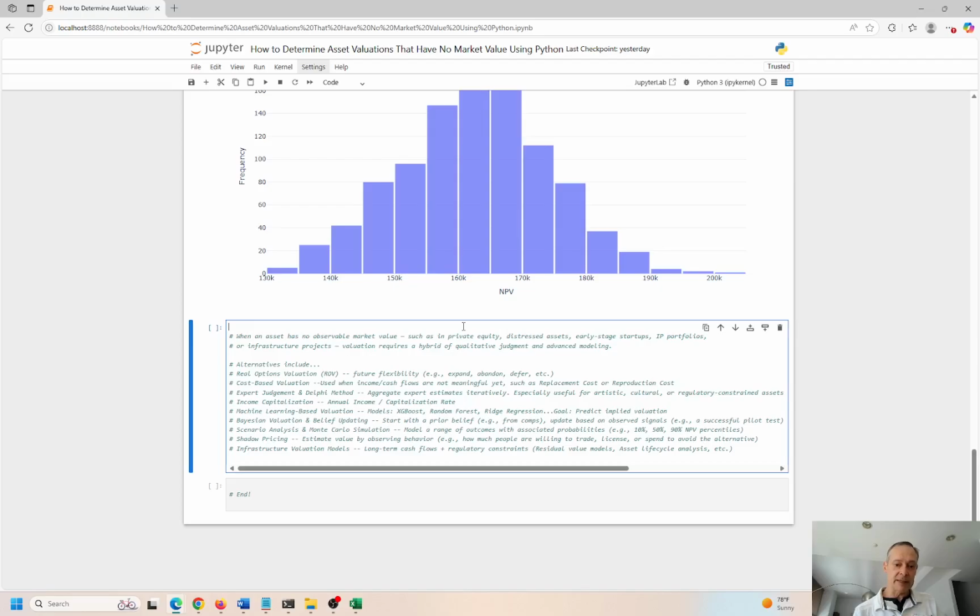Scenario analysis, we certainly did that. Monte Carlo simulation, we did that. Shadow pricing and infrastructure valuation models, right? If you have to build a dam or some type of energy generating asset, whether it's dirty energy or renewable energy, or a bridge or a highway, these are techniques you can use to value the project and make sure it has positive NPV, or you don't engage in the project. Or you have to renegotiate the cost or something. It has to be positive NPV, or you don't back it, because that's a bad investment and you're guaranteed to lose money.